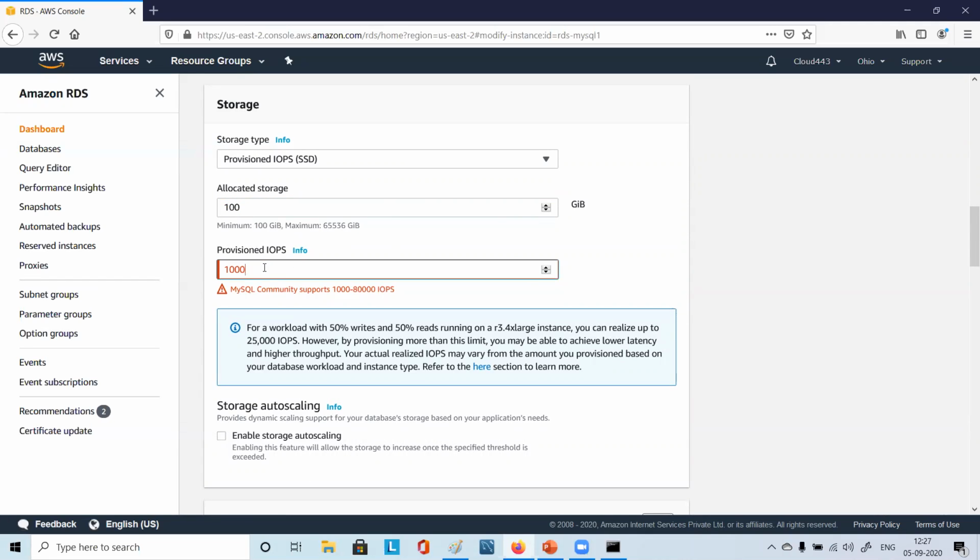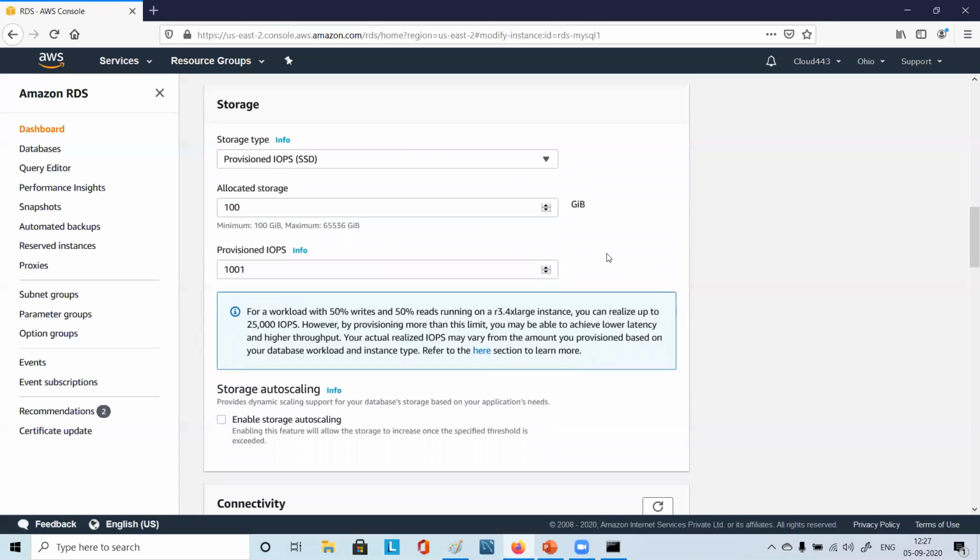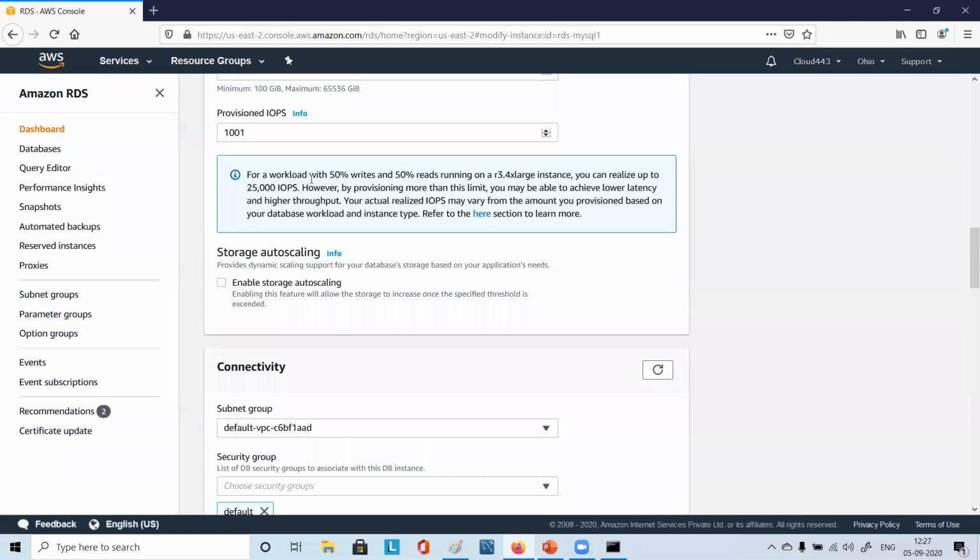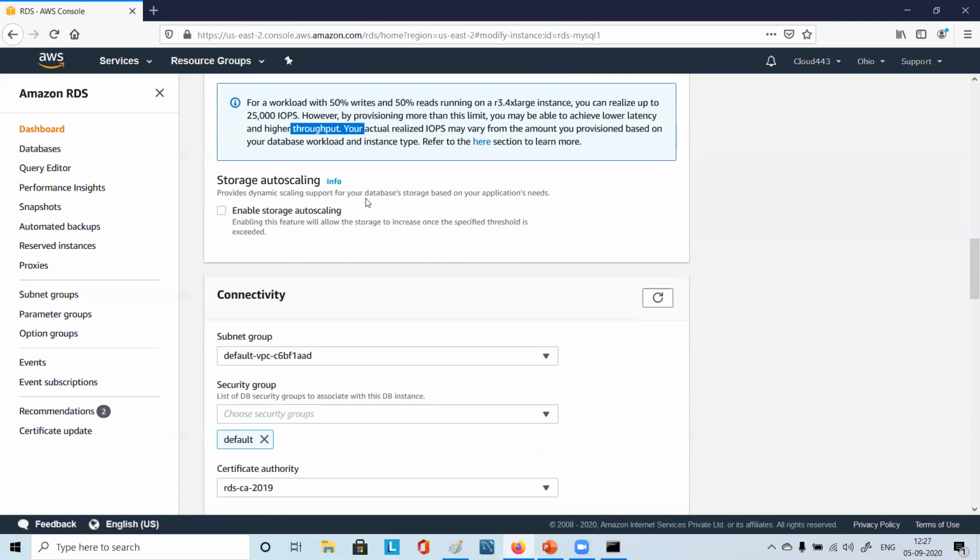MySQL community supports 1,000 to 80,000 IOPS, so you can select 1,000. It says, for a workload with 50% writes and 50% reads, you can realize up to 25,000 IOPS. However, by provisioning more than this limit, you may be able to achieve lower latency and higher throughput. So all those calculations are there.